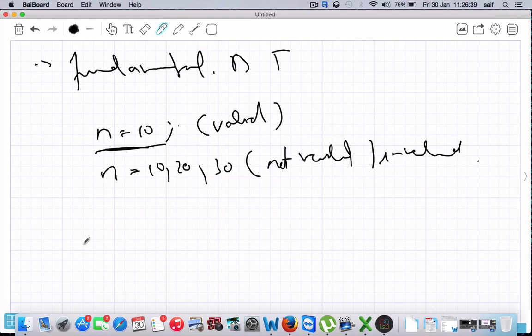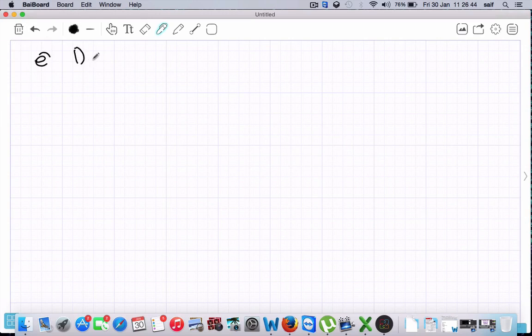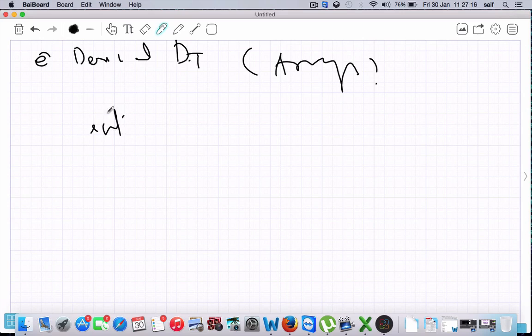The next one is the derived data types. In brackets you can write arrays. In this one we can represent multiple values to a single data type, of the same type. Derived data types are those whose variables allow us to represent multiple values of the same type. In most programming languages the concept of arrays is treated as derived data types. If you are a C or C++ programmer, you already know what an array is. Here we will define int a is equal to